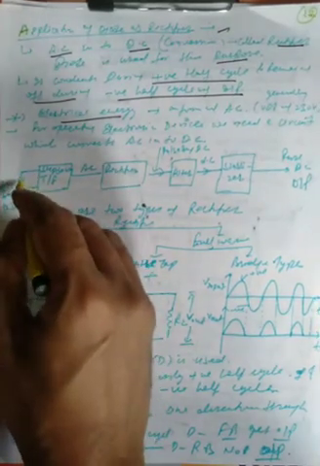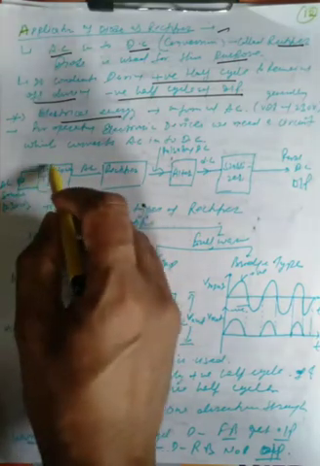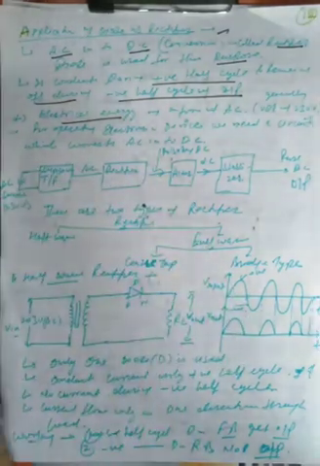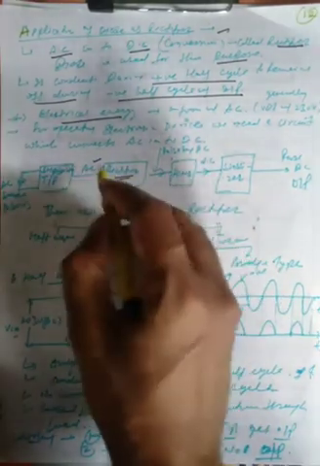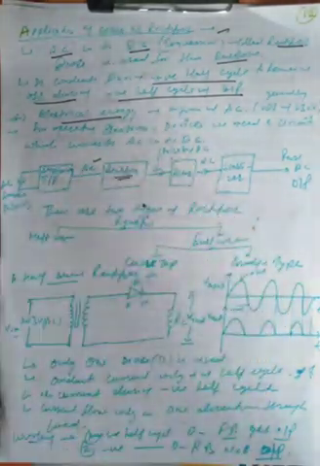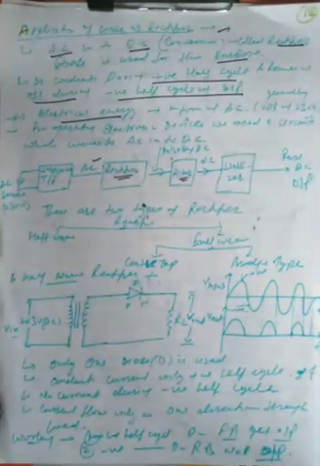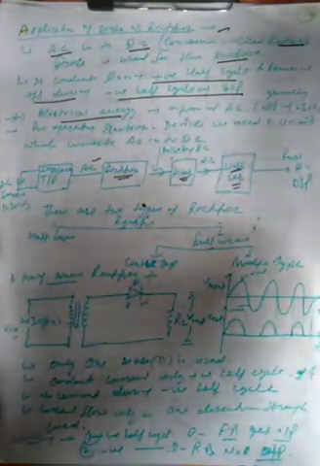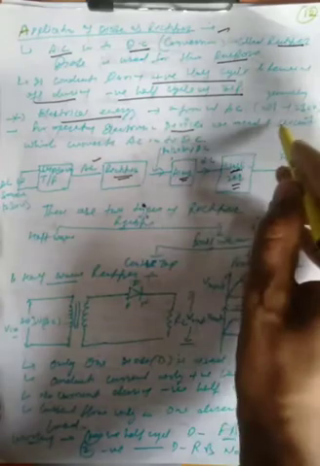How is it done? You supply the AC, and then there is a step down transformer which will step down the voltage. The output of this is AC. Then we use the rectifier, which will convert this AC into pulsating DC form, and then we use the filter, which will remove the unwanted noise, and then there is a stabilizer which will stabilize the output voltage, and we get the pure DC output. These DC outputs are basically used for operating electronic devices.